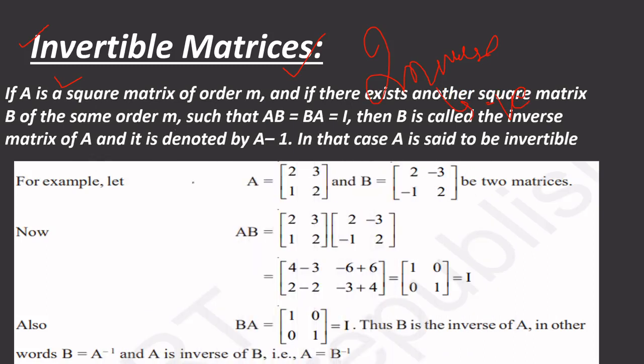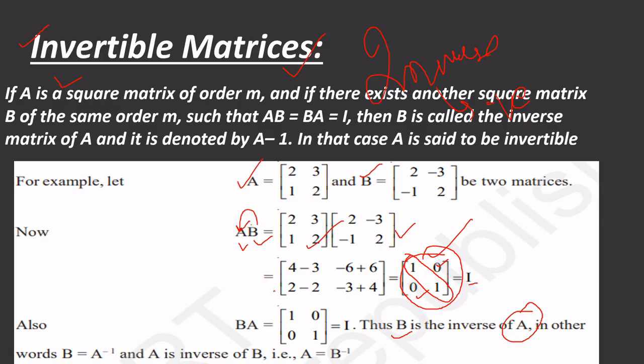Like we have A and B, two different matrices, and if we multiply A and B and we get this identity matrix, then we can say that B is the inverse of A. What is the meaning of that? Okay, start again with it. There is a small 2 cross 2 matrix A, and this is a 2 cross 2 matrix B, and if we multiply these and our resultant is I, meaning a diagonal matrix with 1 elements on the diagonal and 0 elements elsewhere, this is called I. When we get this I, then B is the inverse of A.